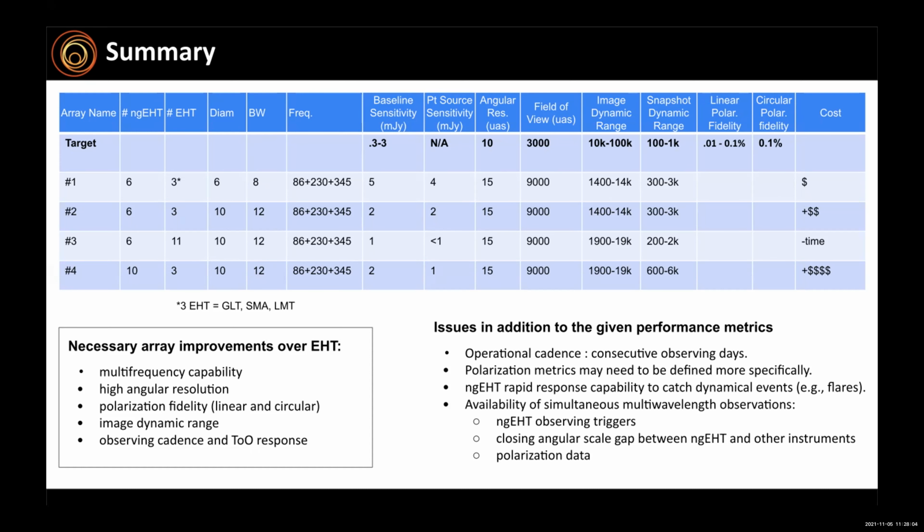You can't do already, obviously, with the HT. And the big one is multi-frequency. The next is getting as good high angular resolution as you can. You can see there that the arrays are just a bit below the metric that we had, which was 10 microarcseconds. So we did have some discussion about whether it's possible to go higher, above 340, 600 gigahertz